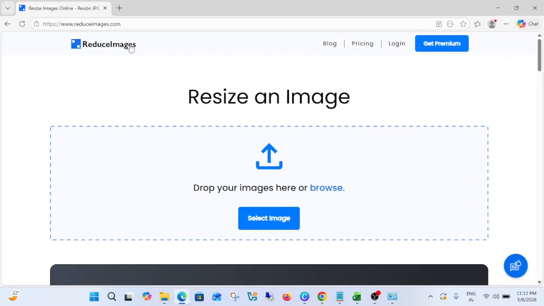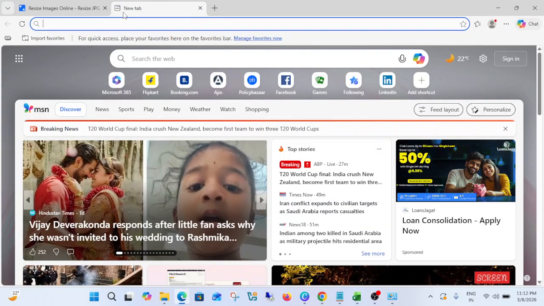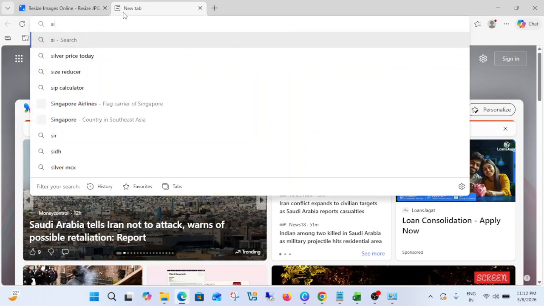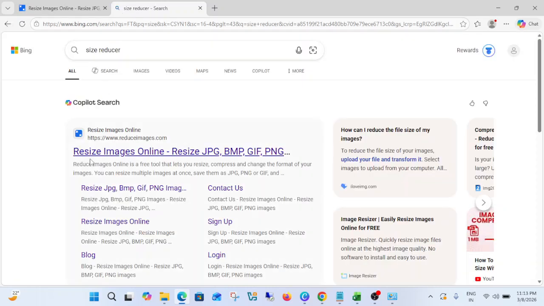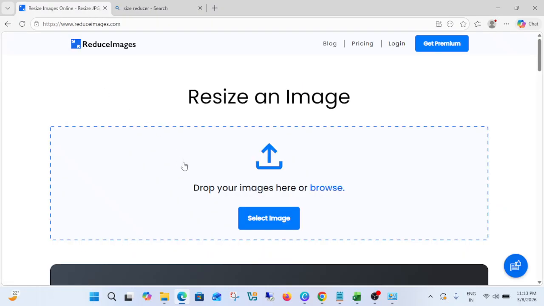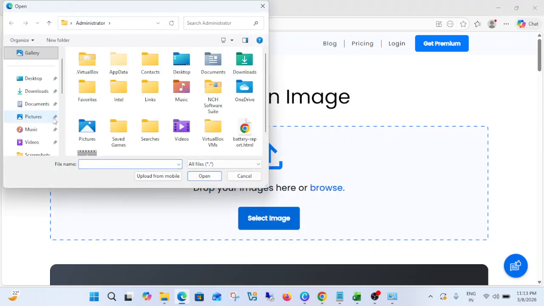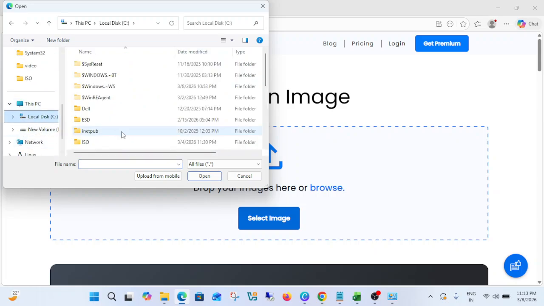Just open any browser, whichever you use, and type there size reducer and go to the first link here, which I already opened here, and you need to select the image here. This will be your path,